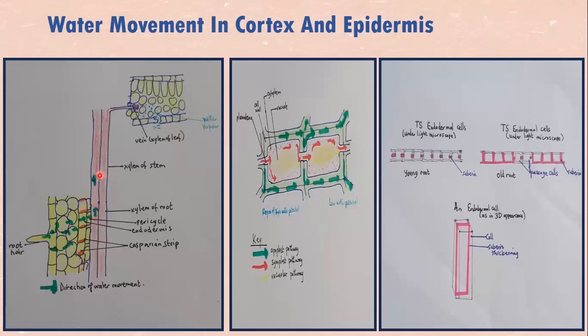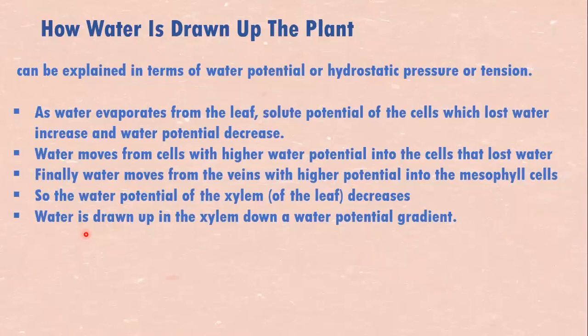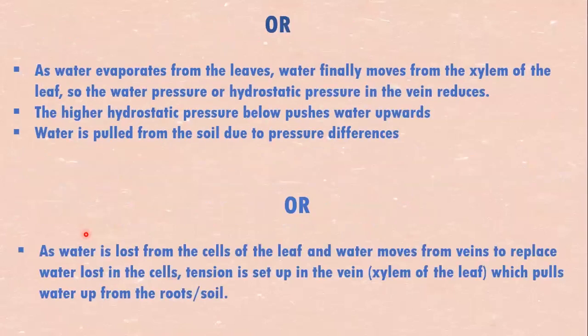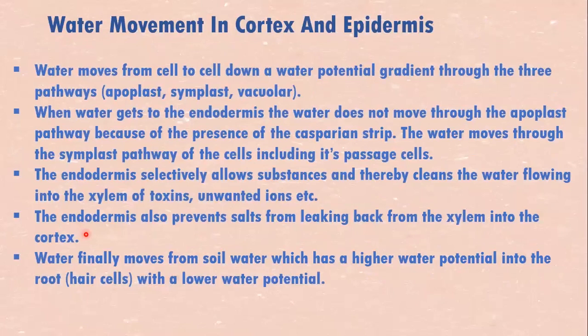And the water moves in mass through the xylem vessels, that is mass flow, and the water moves through the 3 pathways in the epidermal and cortical cells, but it only moves through the symplast in endodermal cells because of the Casparian strip. And root pressure also builds up because of the work of the endodermis, and that is transport of water in plants. And you have these notes that you can check and have good notes that you can check and be able to describe the process well